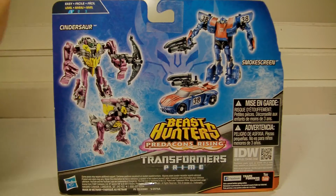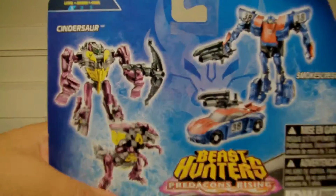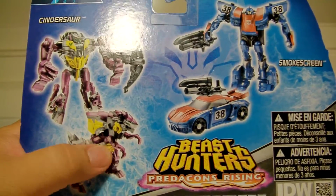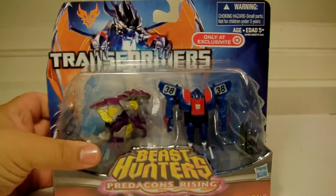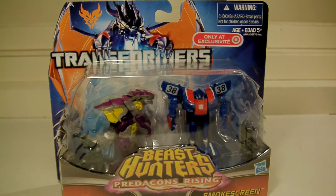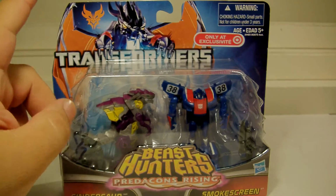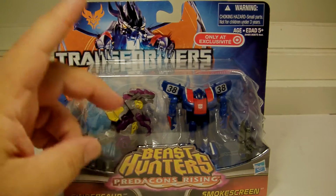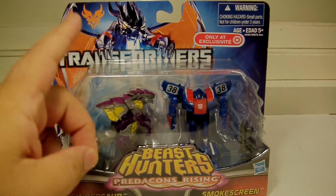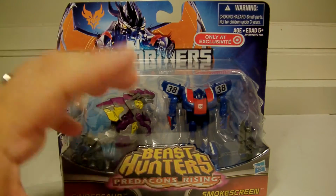But yeah, I guess this is the third incarnation of this particular figure. And as a matter of fact, everybody calls it the Godzilla of North America, because it actually does look like Godzilla in a way. So it's pretty funny. The only thing I think I'm missing for Predacons Rising, to have a complete collection of this little subline, is just, well, 2 figures actually. That Ultimate Optimus Prime, which I really don't like, to be totally honest, and the Predaking, which I do actually think is kind of pretty cool looking. But at $60, I don't know. There's a lot of other toys that I've either